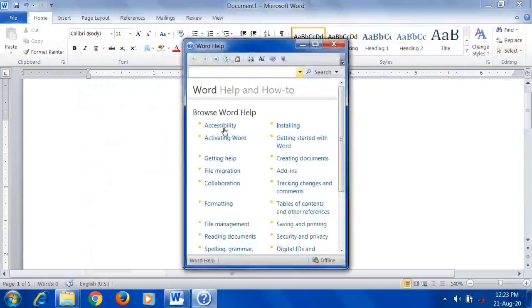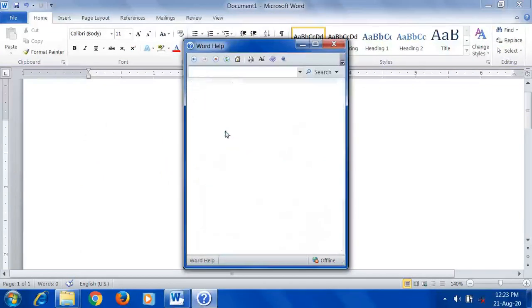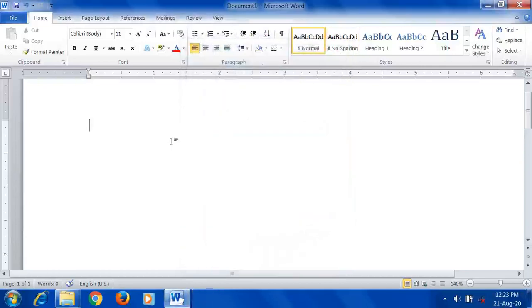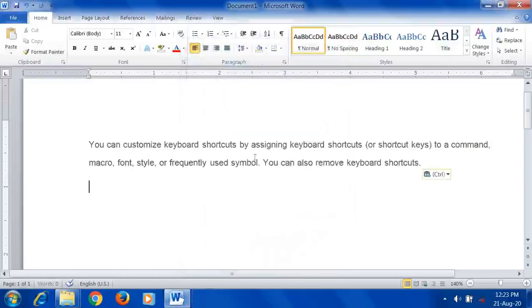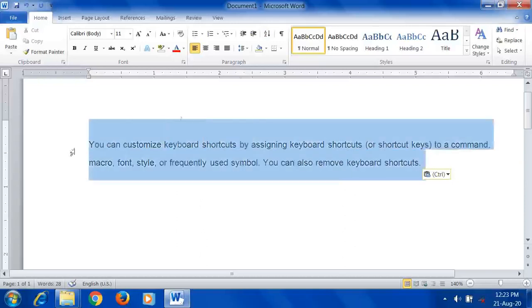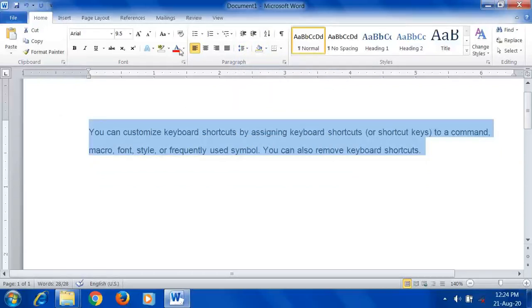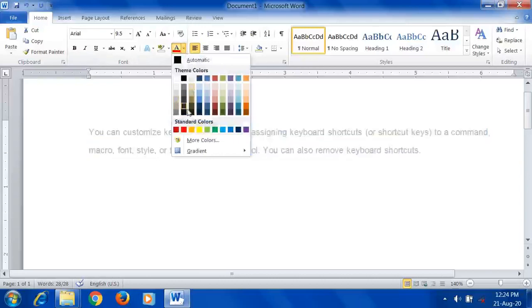Now let me add one paragraph. I'll copy it from the help menu, just for showing purpose, and paste it. Then we'll reduce the size, remove the spacing, and change the color of this text.